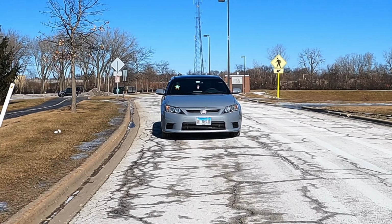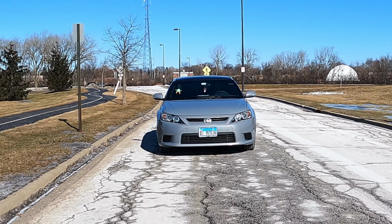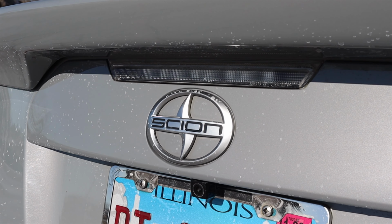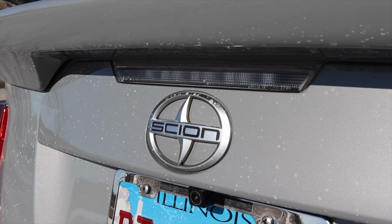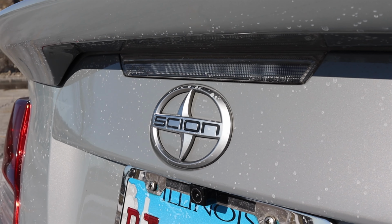Now I am super excited to be driving this here Scion TC because the Scion brand has since gone away. As of February of 2016, they closed their doors with eventually reabsorbing back into Toyota that following August. So you don't see Scions being made anymore, and it's always fun to get behind the wheel of something that